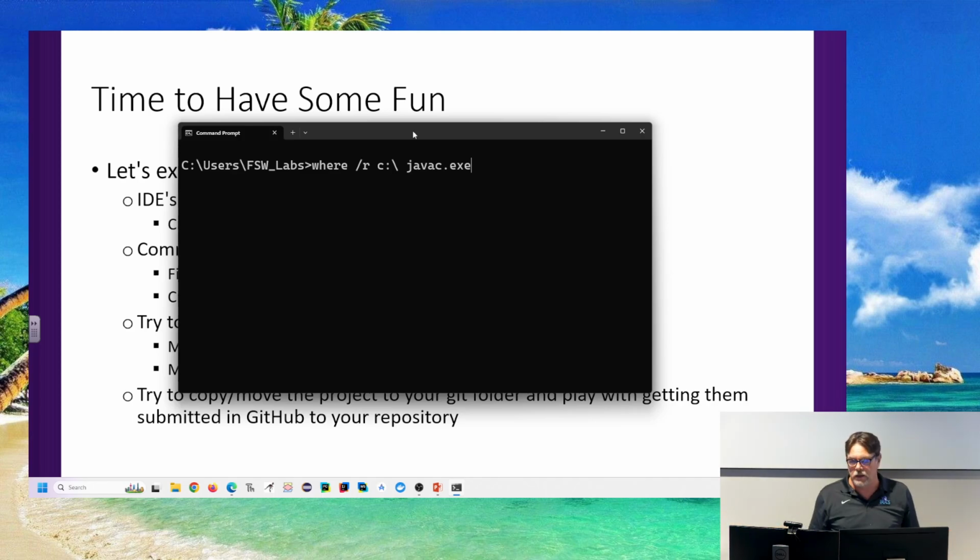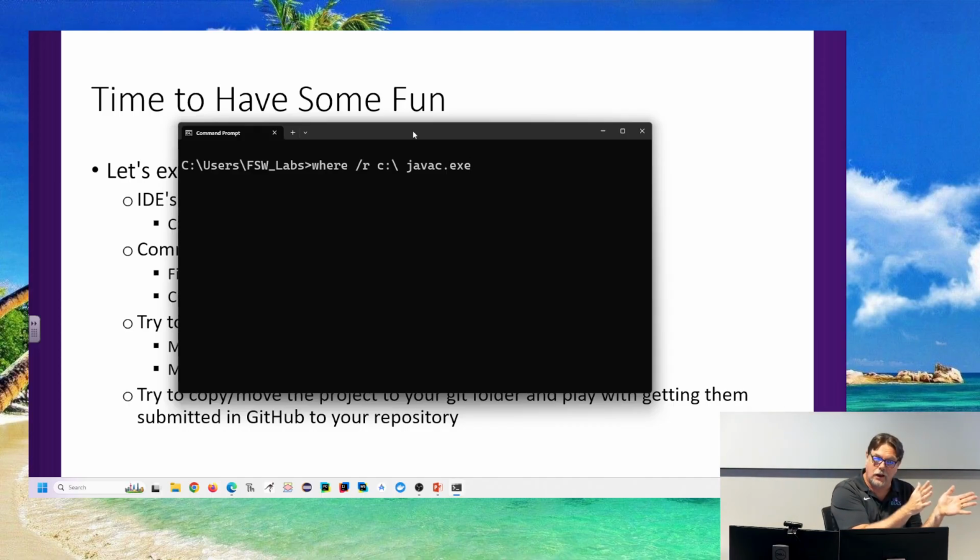Now, I will say this, if you're at home and you install IntelliJ, you could never open a command prompt, as long as you have a career as a Java programmer, and just live inside IntelliJ. Because one of the things that the people that built IntelliJ did is they said, okay, we're going to make darn sure that we're compiling and running with the same version of Java. We're going to always point at the same one. So when you install IntelliJ, they install their own version of Java, the compiler and the runtime, and the two match. So with IntelliJ, you get one version of both of those things, and they always use that to make sure that their IDE never has that problem.